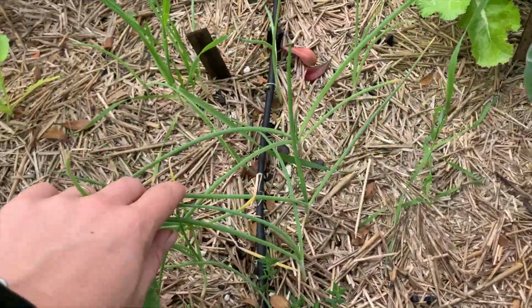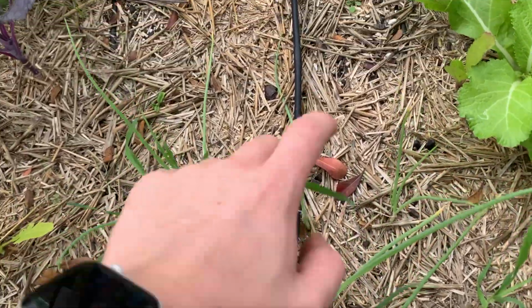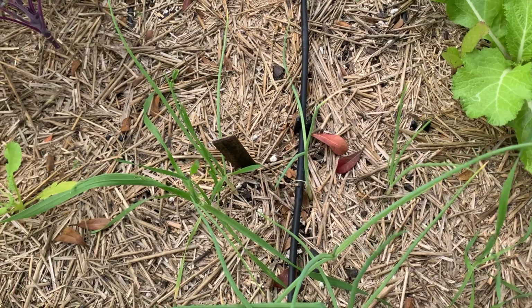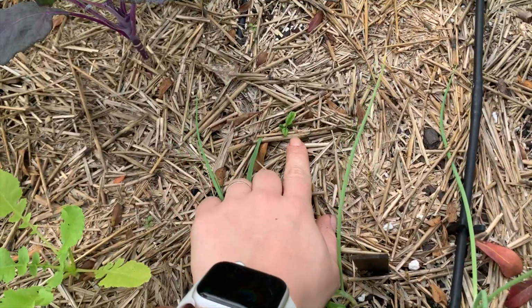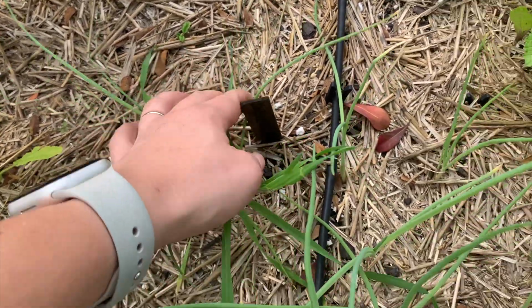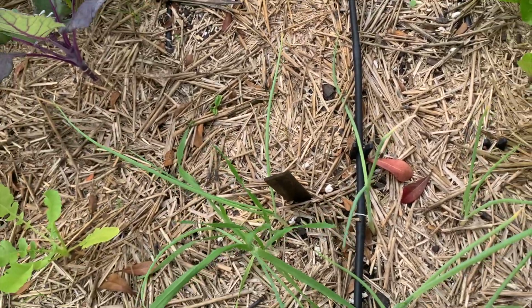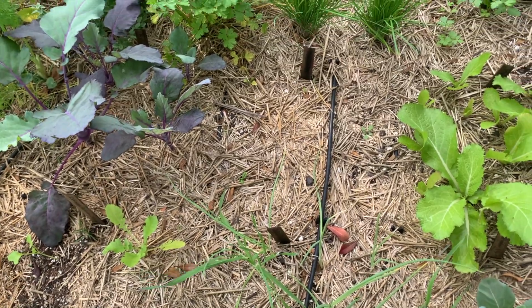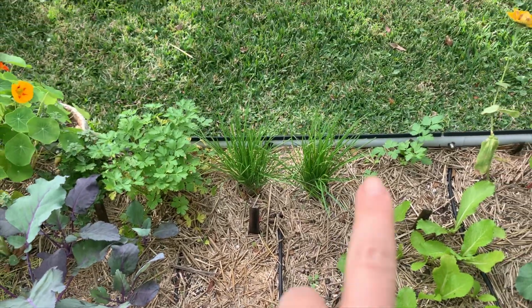I'm excited about shallots. Back there was supposed to be a square of spinach, and it just never took off. You can see like a little teeny tiny baby one. So I wonder if it just got too much water. I've been watering this bed a little more than the other bed. Back there is chives,